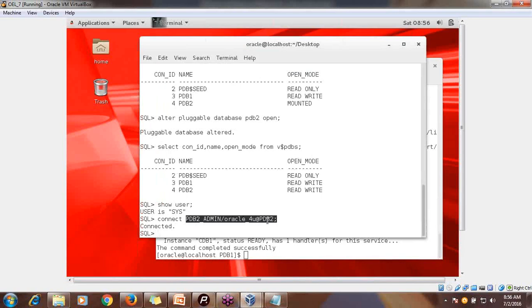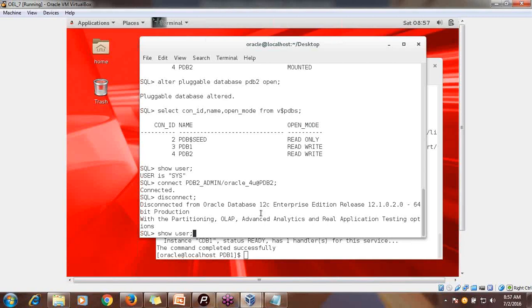Fine. So from here, if you want to do any kind of transactions, if you want to store your actual data, you can easily store from here. First of all, you need to connect to the PDB level, not at the CDB level. Once you are connected to the PDB level, then you can do your transactions, insert, update, delete, and your actual data you can store in the PDB2 database. Fine. So in this way you can connect to any of the PDBs, because while you are performing your actual transaction, you need to connect to the PDB. In the same way, just disconnect.